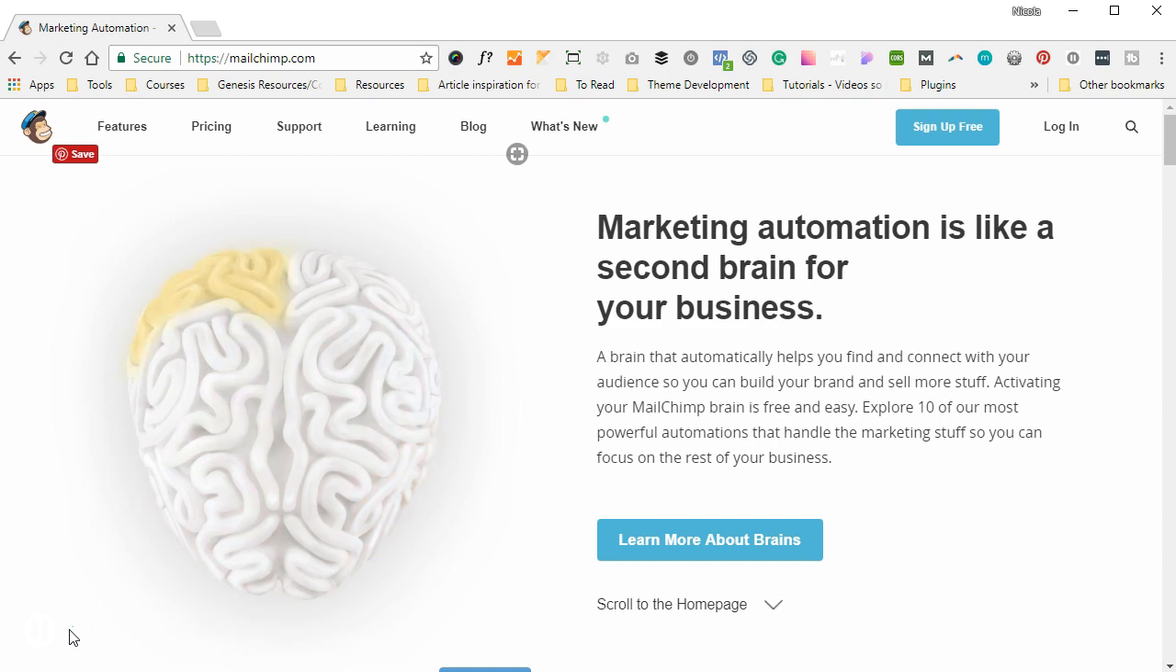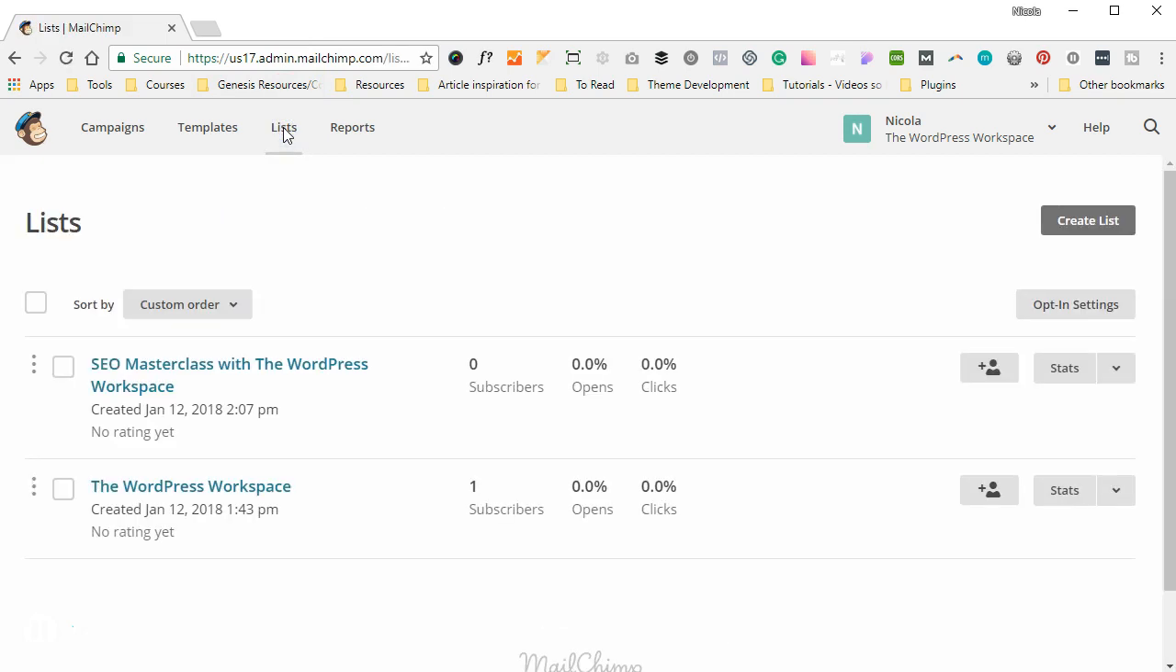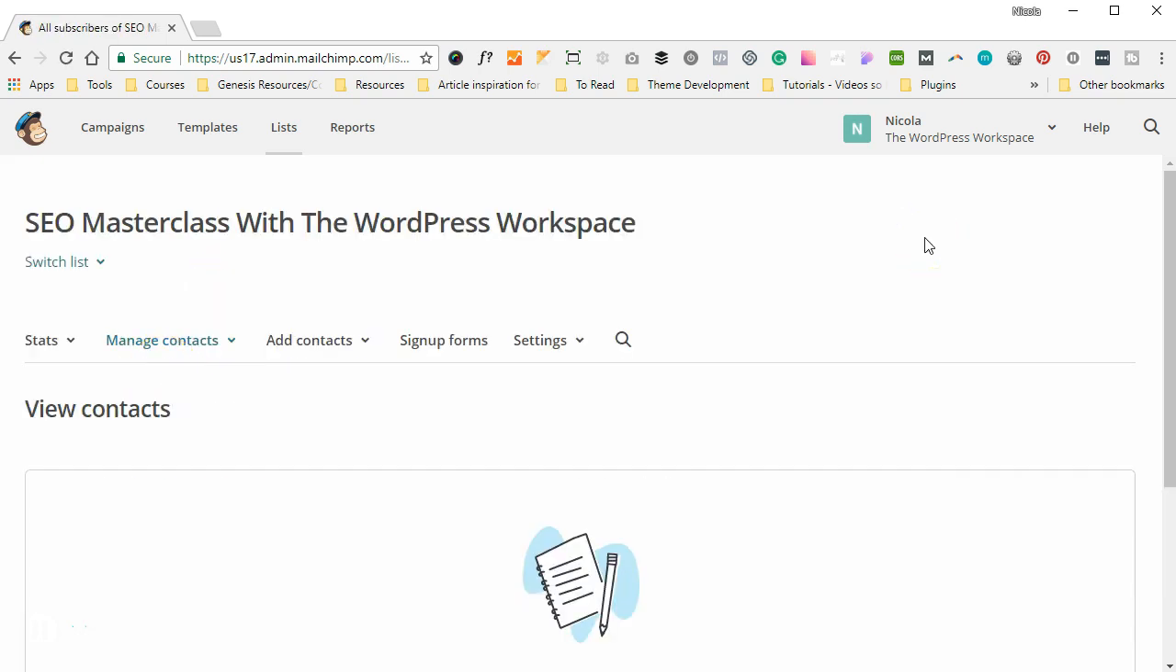So the first step is we're going to log into our MailChimp account. Once we're logged into our account, we're going to head on over to Lists, and then we are going to select the list that we want to brand. So the one we want to brand is the one we created on day 2, which was our SEO masterclass with the WordPress Workspace. Okay, so once we're on this page, we're going to head on over to sign up